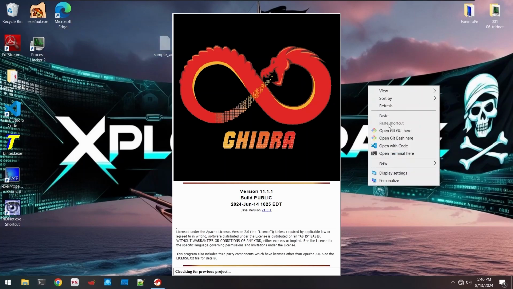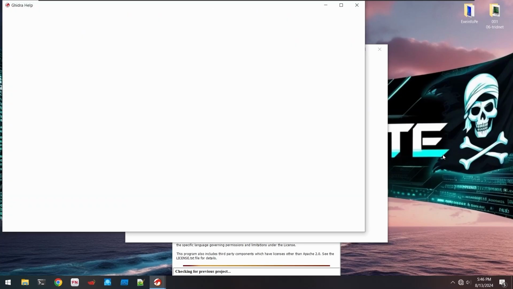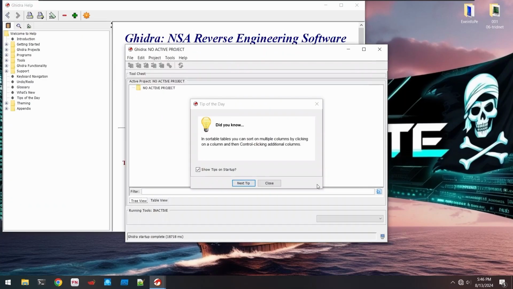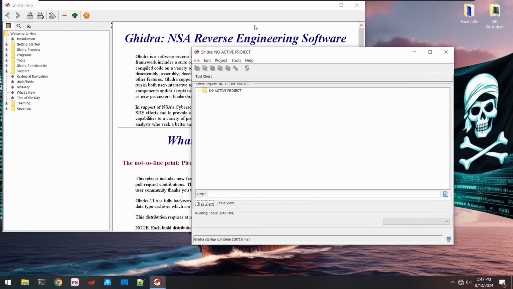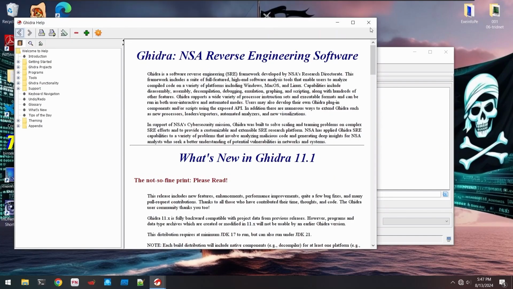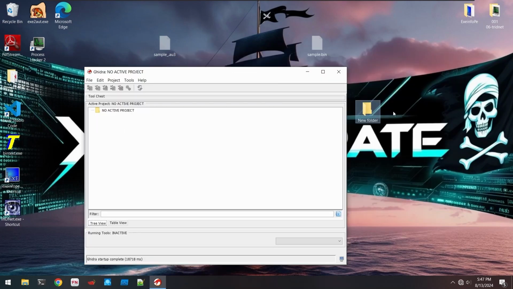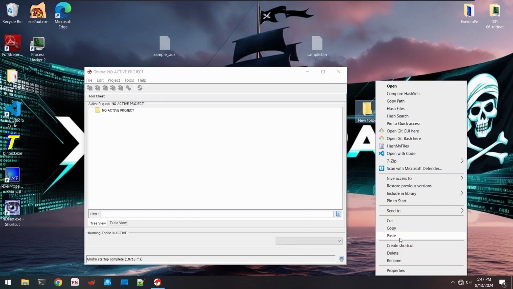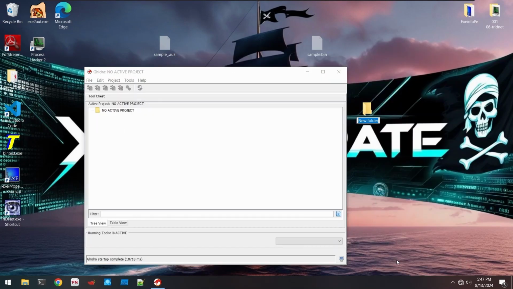Let me create a directory named malware. I'll just simply close the tip of the day and let's rename it malware